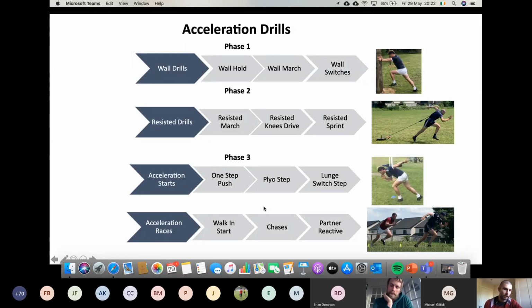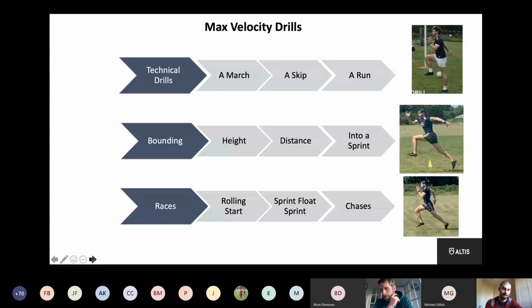As the players come up, they just look in good shape, and it gets them used to that position. And then the last one is a bit of that competitive element to create that intent, the acceleration races. And then you're moving into your max velocity drill. So you're moving away from that horizontal focus, more into your cyclic action and more of a vertical force projection. Okay, again, some technical drills to work on that vertical phase, some bounding,